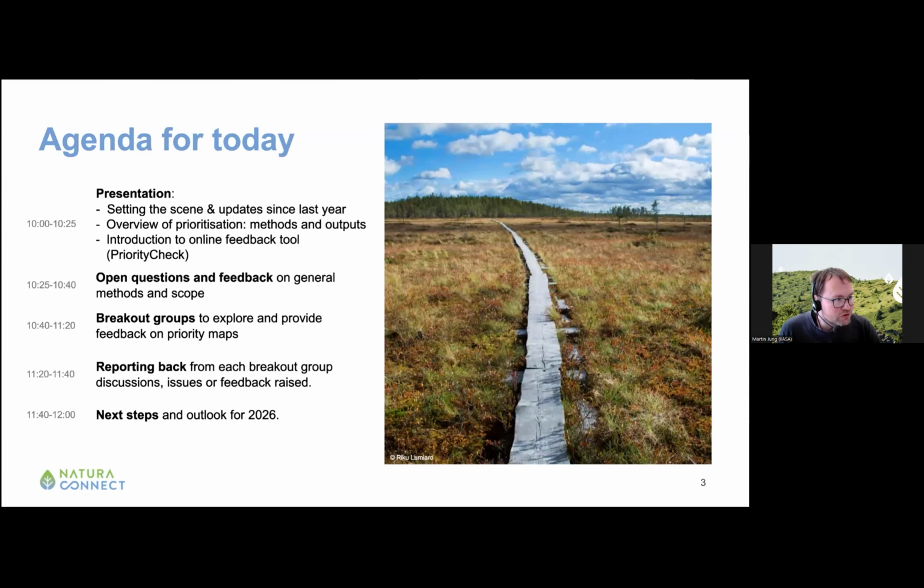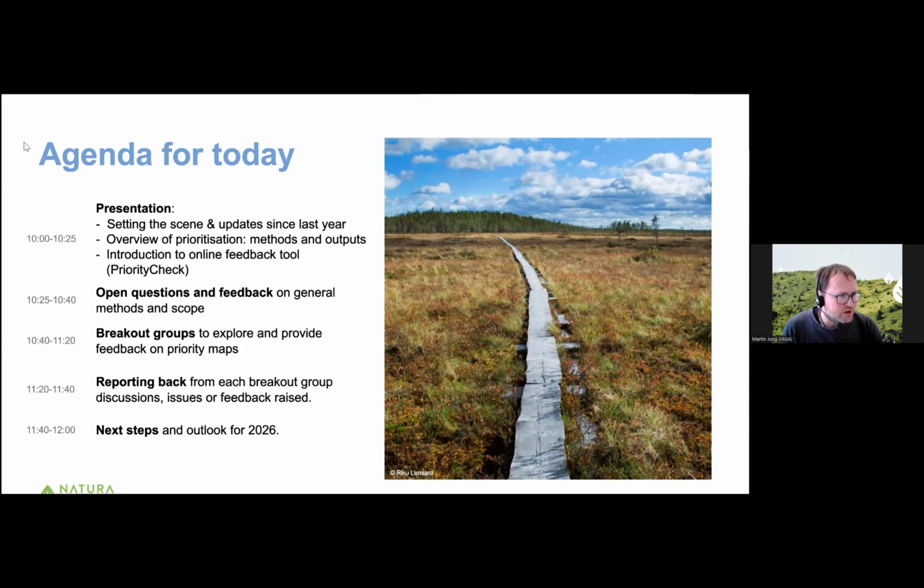For the agenda today, I will first give a very quick, short overview of the project goals and what we're trying to achieve today. I also invite you to provide some information about yourself. We will then give an extended overview of the type of methods and how we prioritize for biodiversity, conservation and restoration across Europe. We will then follow on with a bit of feedback on certain open questions on the general methods.